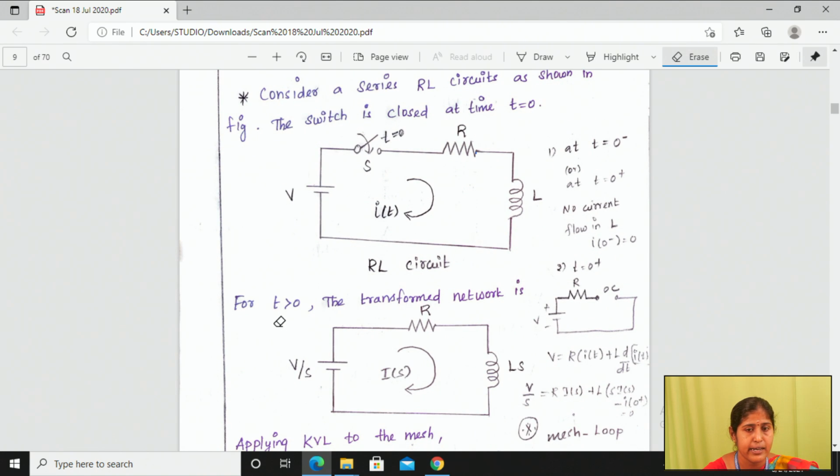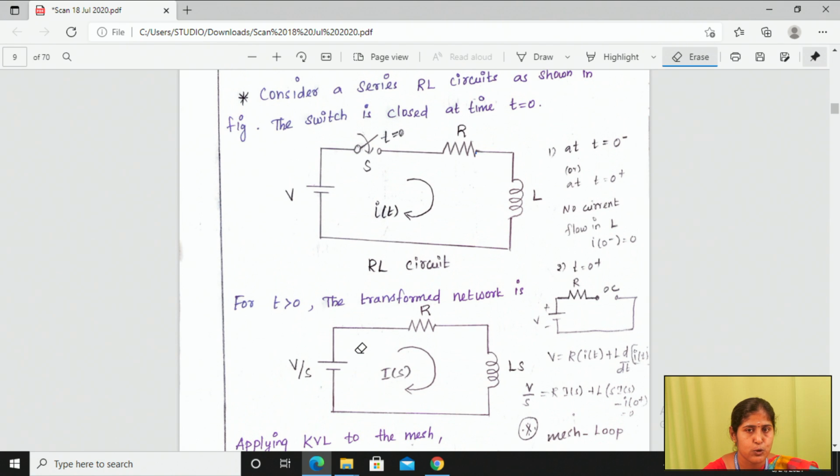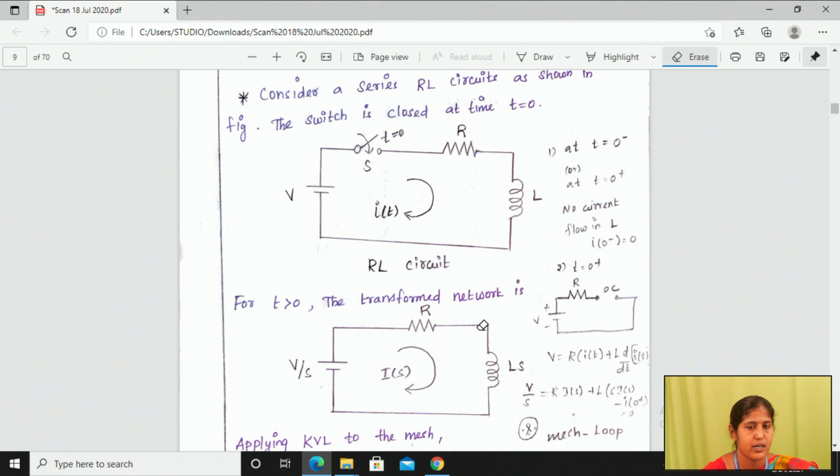So similarly at t greater than 0, which means the final state of your network, at this case you have to find out what is the final current through the circuit. Before applying the KVL, why we need to use KVL, we discussed in the previous class itself. We use KVL when the circuit is a closed loop with series connection of passive elements, to find out the current value. Is it clear?